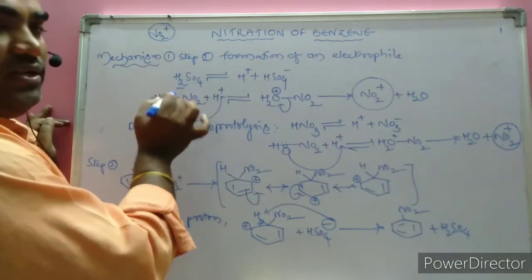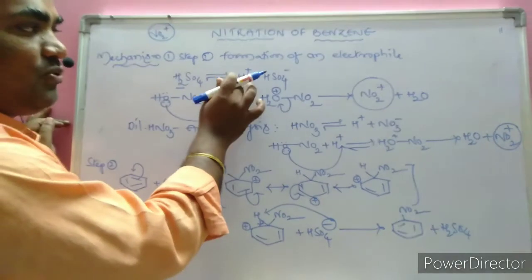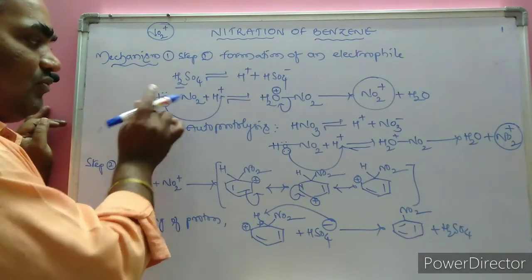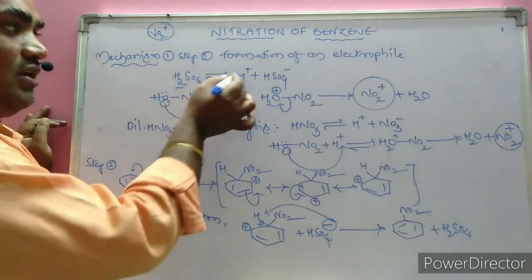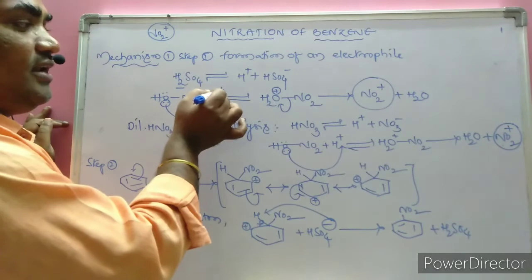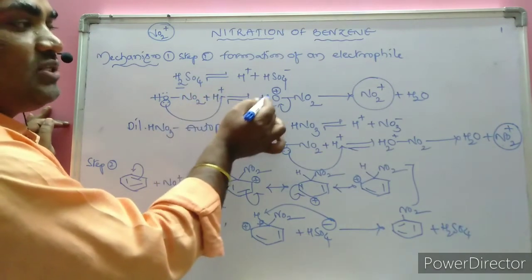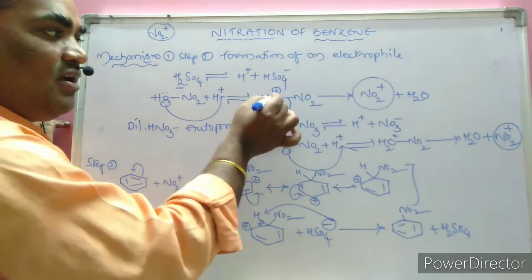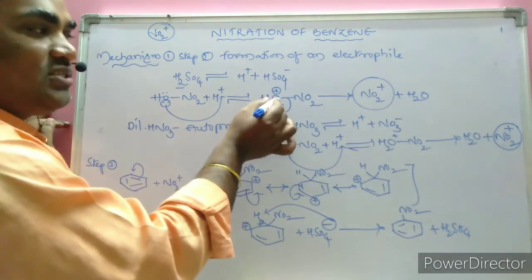Here the H2SO4 is the strongest acid, which produces H plus and HSO4 minus, where in HNO3, OH, NO2, the H plus came out. The electron density on the oxygen is more. Hence it attracts the H plus, and becomes H2O plus and NO2. Oxygen being the most electronegative element never appears as a positively charged one.